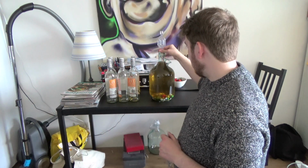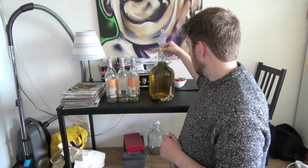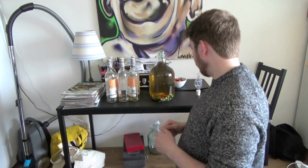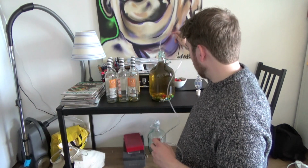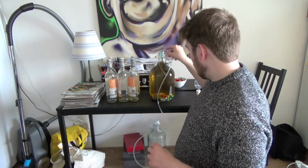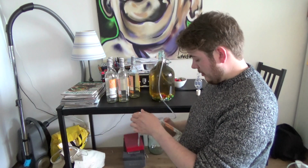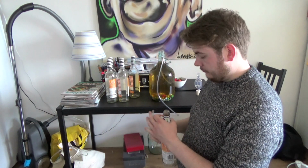First off, we're gonna take the airlock off, like that. I'm gonna insert the tubing into our mead, like that. Now what we're gonna do, we're gonna take one of the bottles that we cleaned out earlier, and